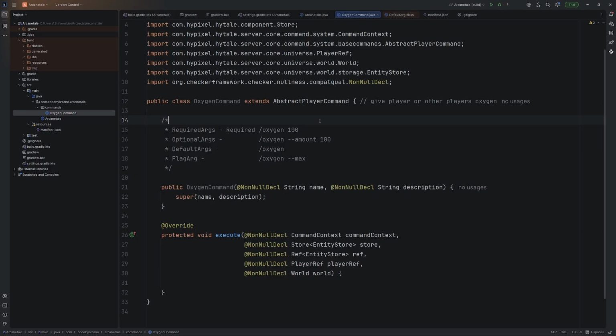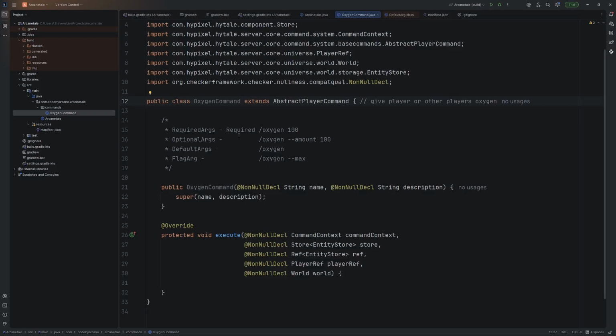In this one, guys, we're going to be going over command arguments. In the last one, we showed you how to register a basic command as well as use it. In this one, we're more or less going to be talking about arguments. Arguments are data that actually comes after the command. So like this 100 would be an argument. And the command that we're specifically making today is called oxygen command. And we'll be making 4 different variants of it just to show you guys how to use each type of